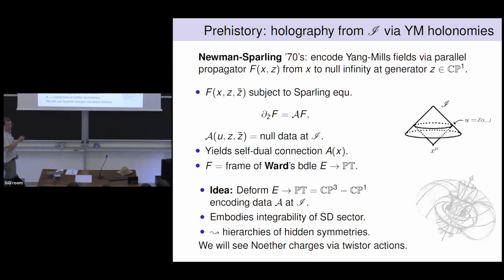But this is in the self-dual sector. And this self-dual sector will be an imprint all the way through of where life is easy in twistor space. What we will see is that the self-dual sector is described beautifully holomorphically in twistor space, and that holomorphy underlies the complete integrability of the self-dual sector. And what we're hopefully going to see is that complete integrability is what leads to a recursion operator, leads to hierarchies of symmetries. So that's